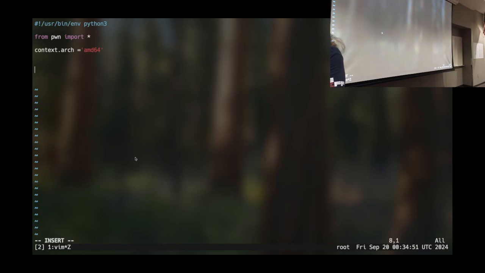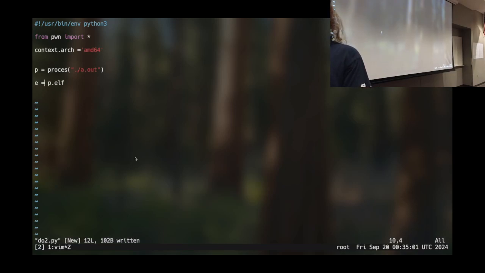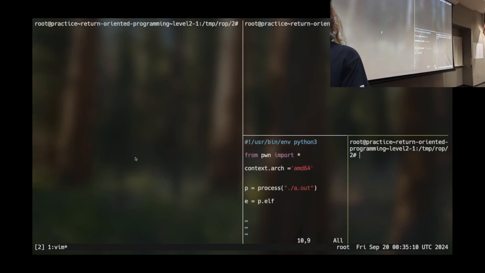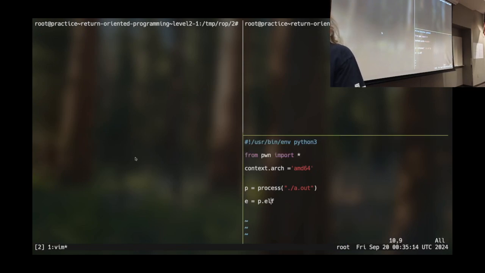So one of the things that we do with pwntools is we create a process, right? Has anyone messed around with an ELF? Somebody says they kind of have been using this thing.